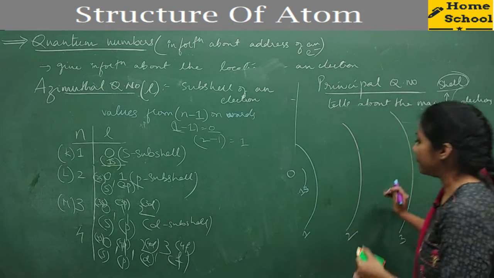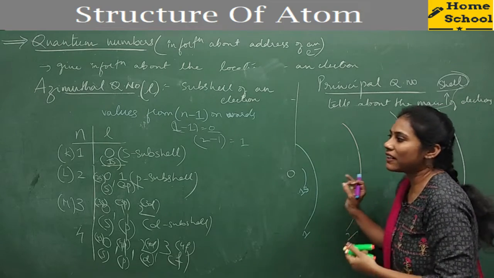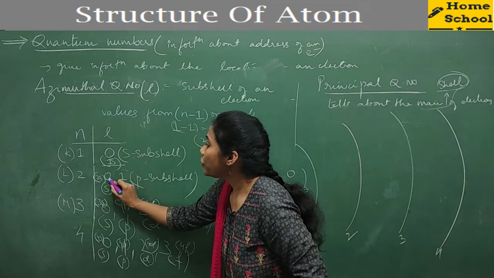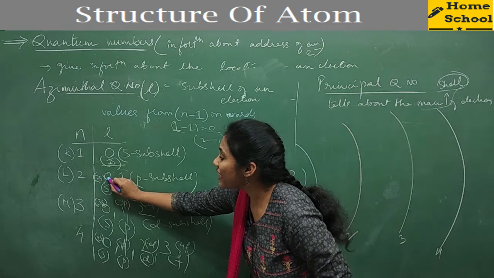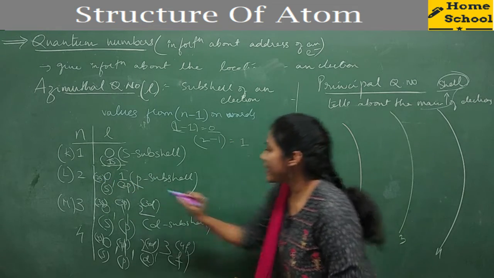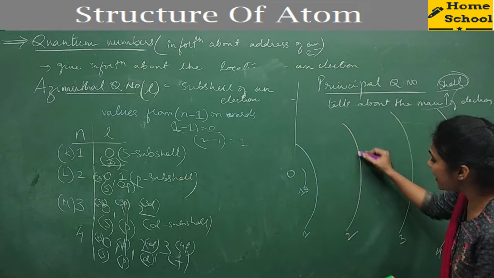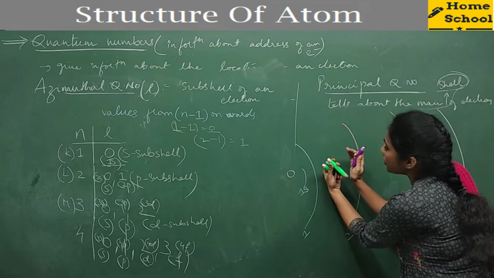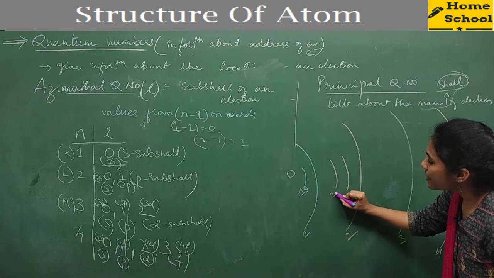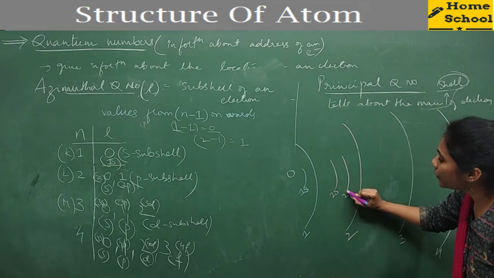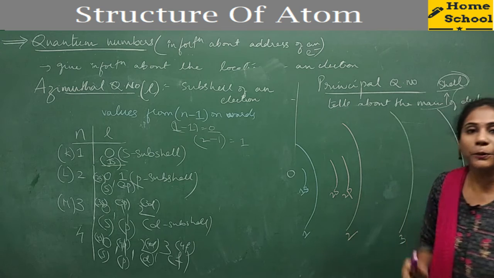Clear everybody? Fine. Coming to the second state, which is much bigger. You know how many districts it has? 2 districts, one is 0, another one is 1. So what is the name of this district? 2s, isn't it? So this second main region again has 2 sub-regions. What are they? One is 2s, another one is 2p. Electron may stay in 2s or electron may stay in 2p.